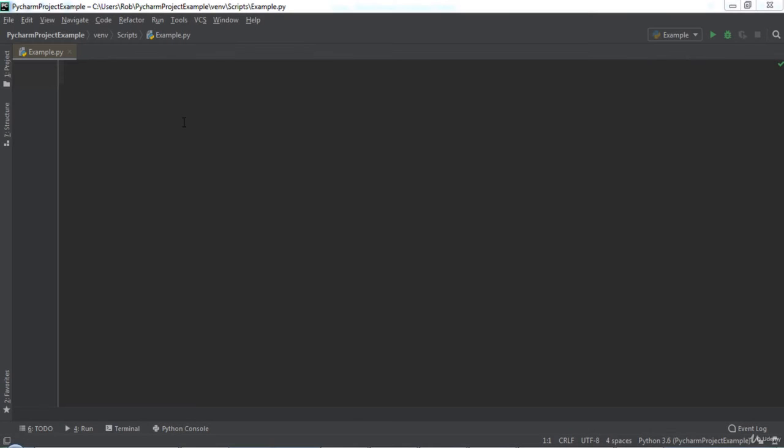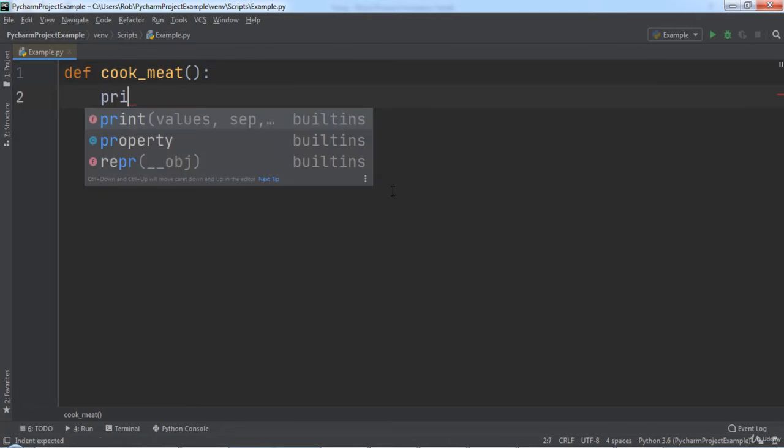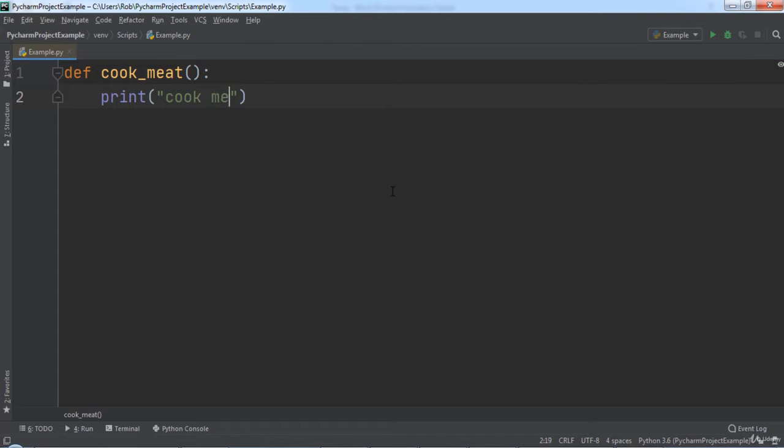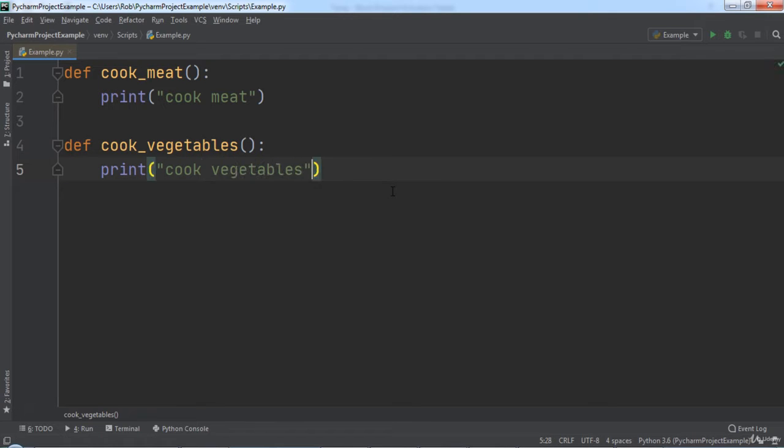In this lecture, we will learn about coroutines. Let's look at an example of a synchronous computer program. We will create a function named cookMeat, and inside of this function we will print the string cookMeat to the PyCharm console. Then we will define a function named cookVegetables, inside of which we will print out cookVegetables to the